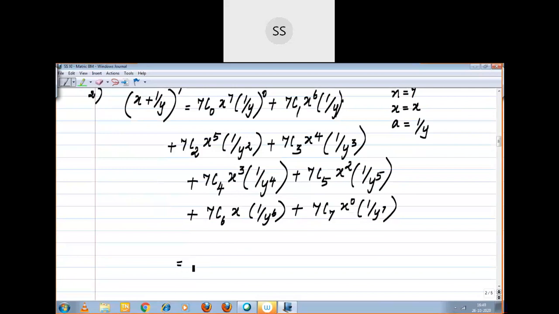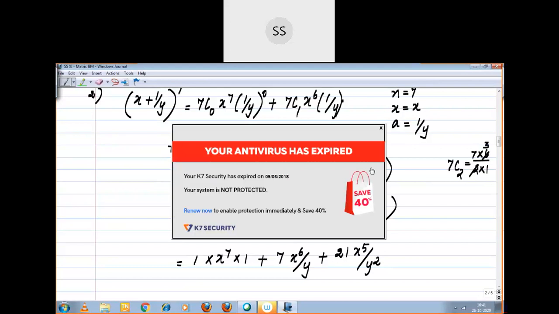Now 7c0, already I have discussed with you, nc0 value is 1, 1 into x power 7 into 1 plus 7c1, that is 7, x power 6 by y plus 7c2. I taught you the easiest way, right? Write the number in the reverse order in the place of numerator. 7c2 equal to 7 into 6 divided by 2 into 1. So you arrive at the result 21. 21 x power 5 by y square